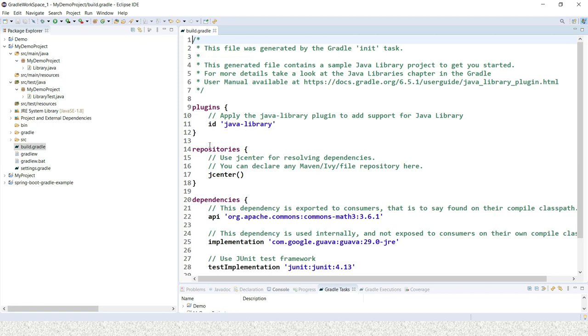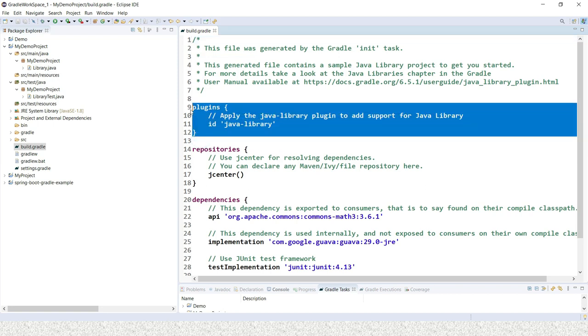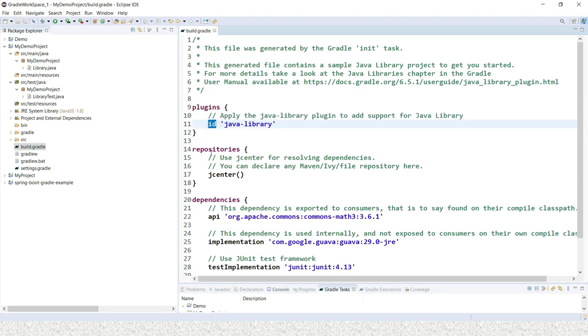First section is the plugins. In this section we can apply plugins; here I have applied the Java library, but you can apply one or many plugins. You just need to specify id and, in single quotes, the plugin ID.